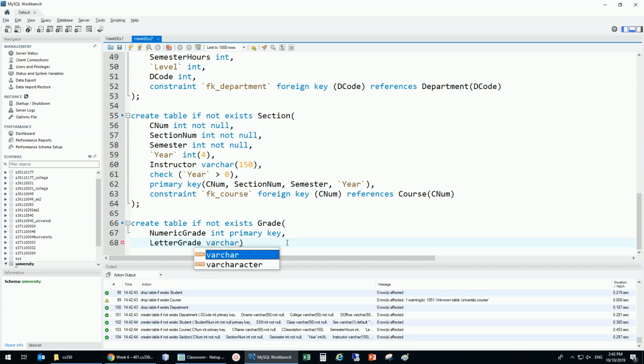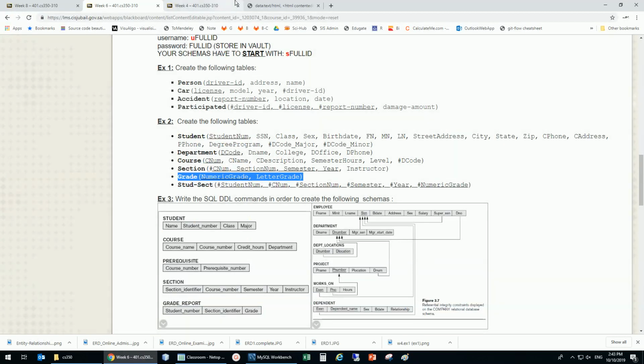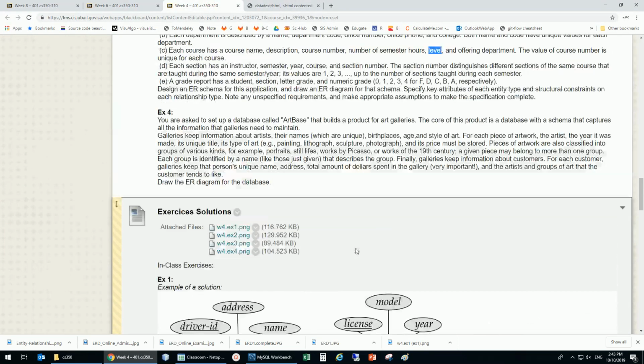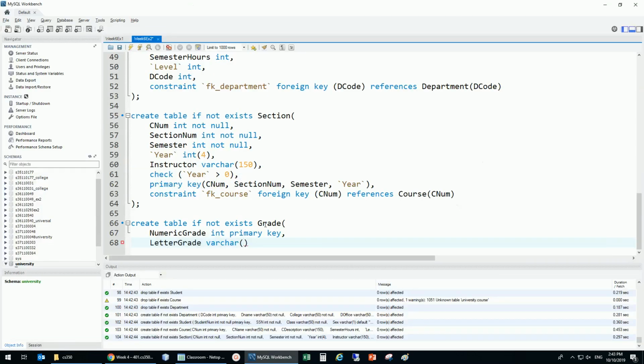Varchar, if it's A, B, C, it's one letter. Okay, if you look at the question, does it mention it? Yes, so this one letter, so that's great. So I'll just use varchar 1, and then I can also make sure that it's not null, and I can also